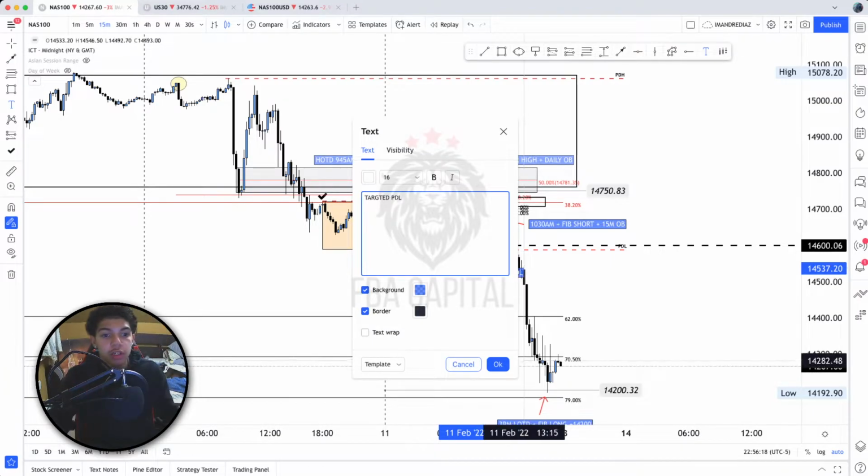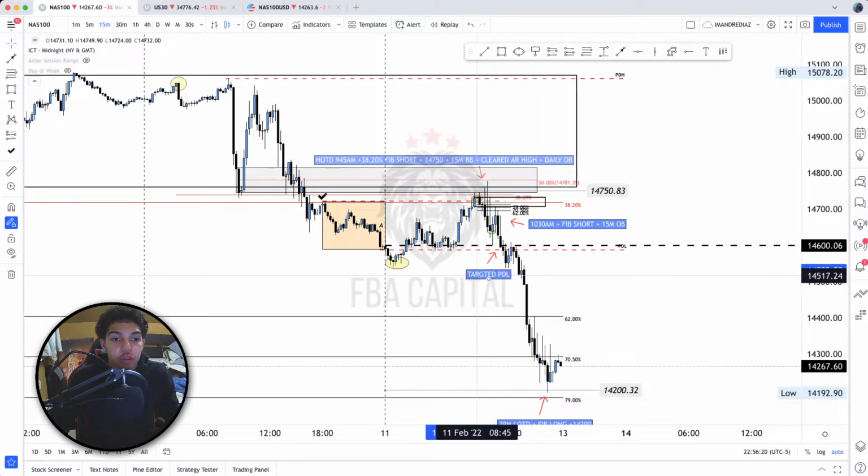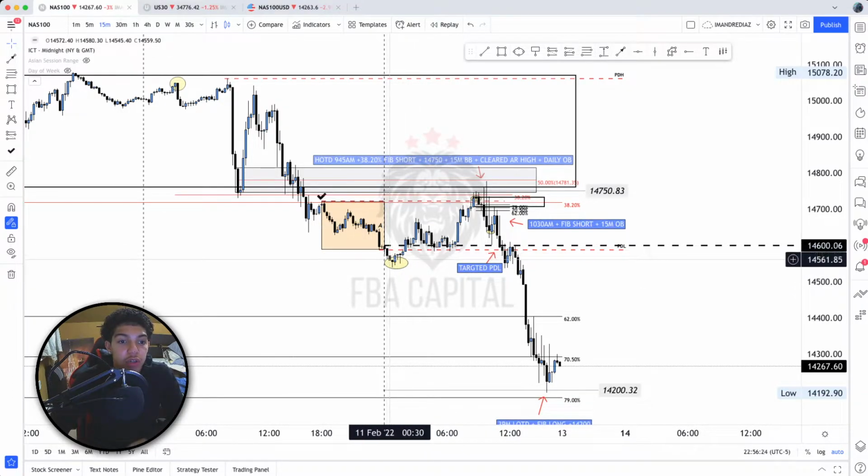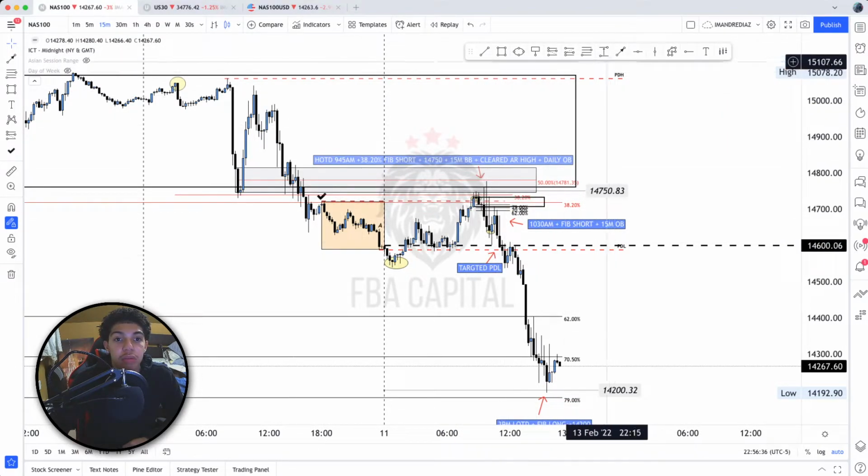And what do we know about targeting the previous day's low? Overall, we already showed a willingness that price wanted to clean the previous day's low, because as you can see, early here in early London session, price already cleaned that low. And when it came back up, had this retracement, came above this high, tapped into that 38.20% level, came down, had a potential retest, and then from here, price ended up dropping about